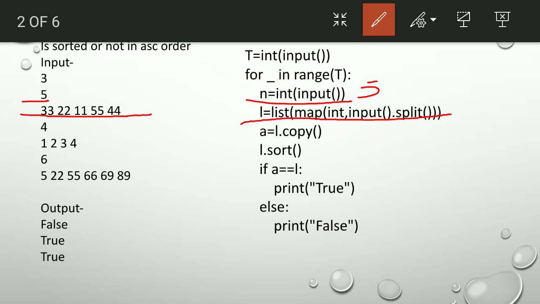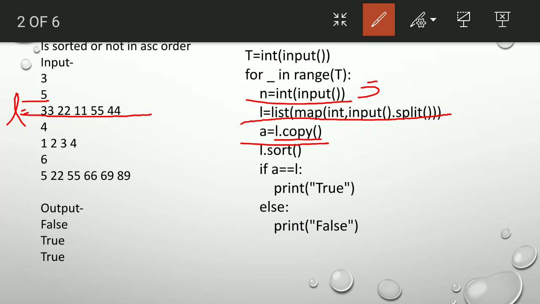What we will do is use the copy function in Python. The copy function stores all the elements of the list L in A. This is your L, which contains 33, 22, 11, 55 and 44.